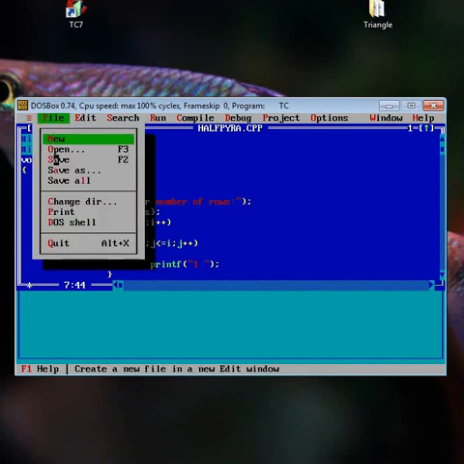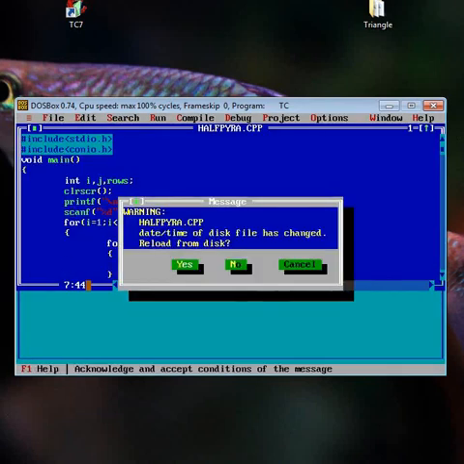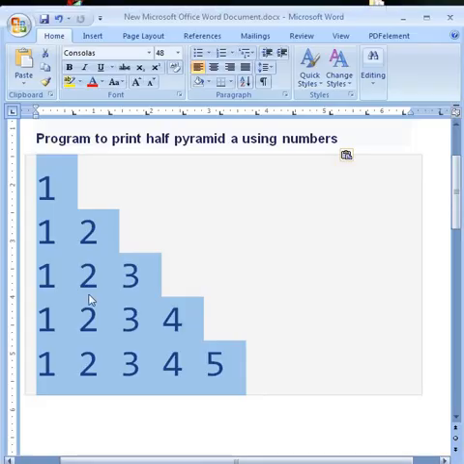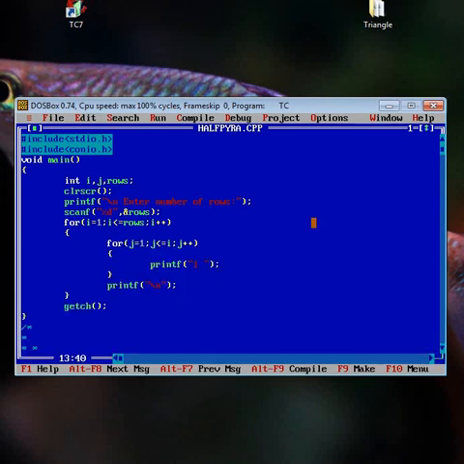just save it, just run the program. That is 5. So you can see that all the numbers are 1 here. That means the pyramid is constructed by 1 because we have used 1 here. But our objective is slightly different. Here we can see that the number is increasing each and every row. So all the numbers are not 1 or not 2 or 3 or anything. So we have to think on it, what is the reason or how can we build the program.